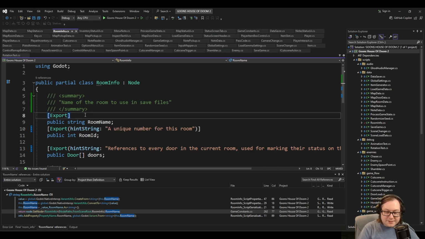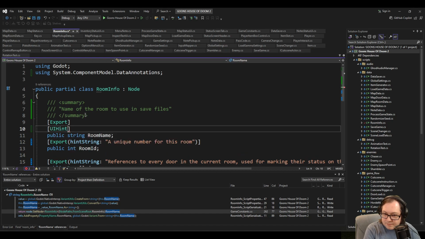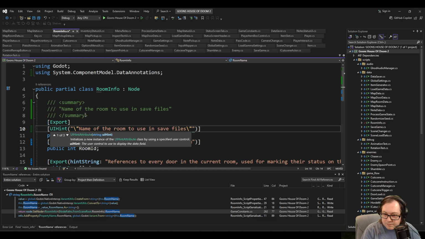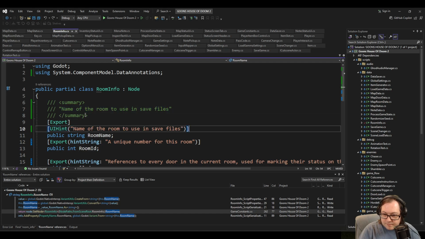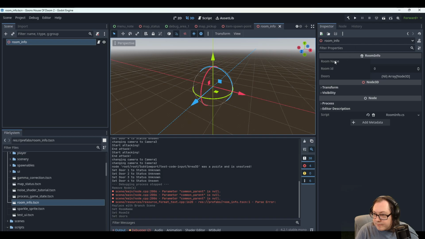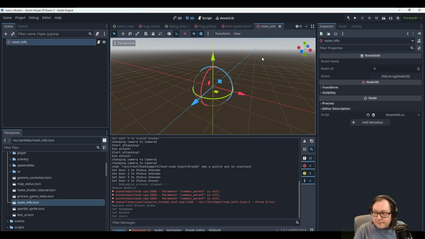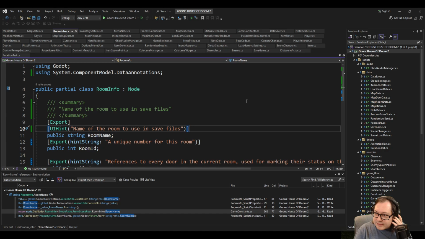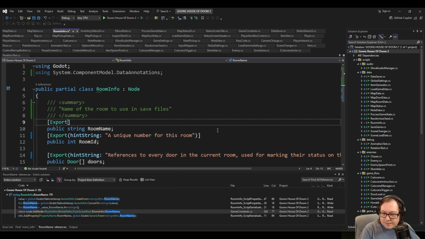Yeah, I think the problem is UI hint, maybe? UI hint reads like it should be the thing, but,